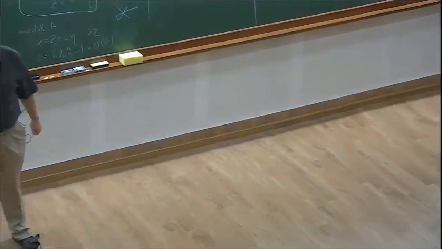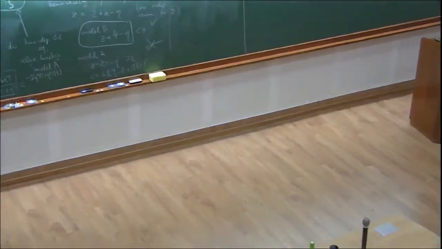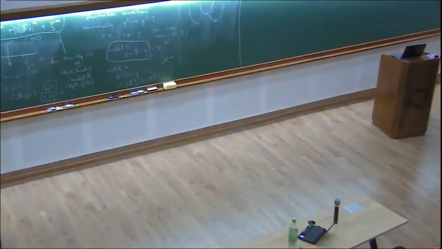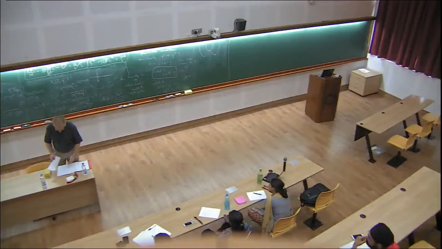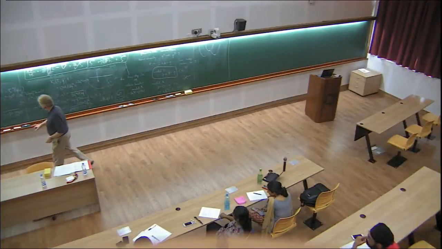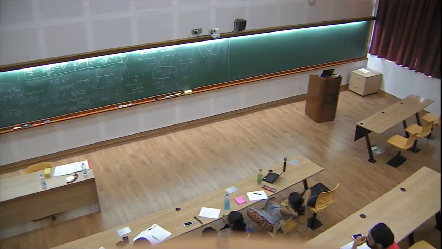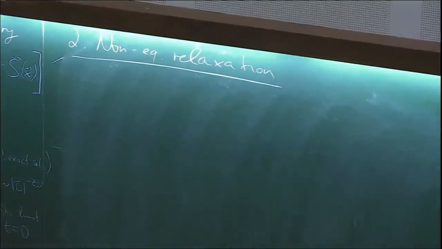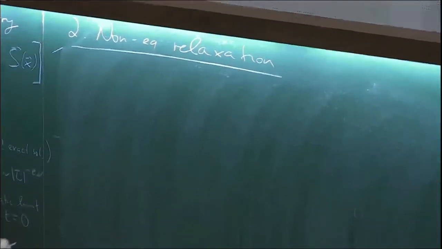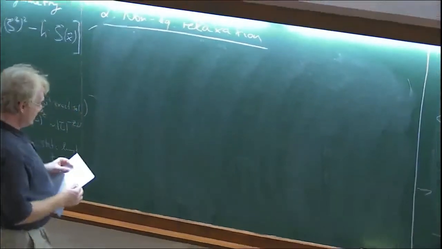Okay? All right. Well, that concluded lecture 1. So I need to think about what to do about lecture 2. Maybe I just give you a little glimpse of what happens if I drive the system out of equilibrium initially, and then say something about model C very quickly. So I'll try to do two of the remaining things for today. I don't think I will be getting to coupling to conserved modes, which is the second part of lecture 2. So let me talk about non-equilibrium relaxation.